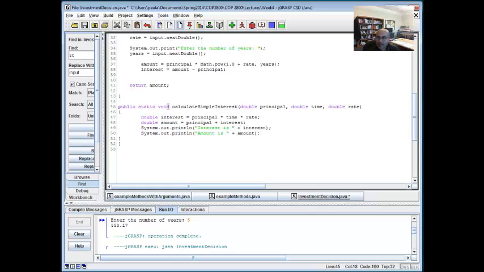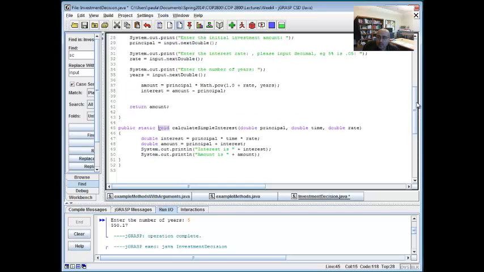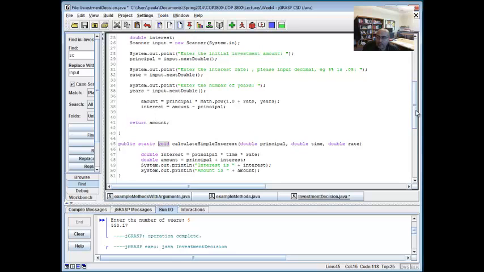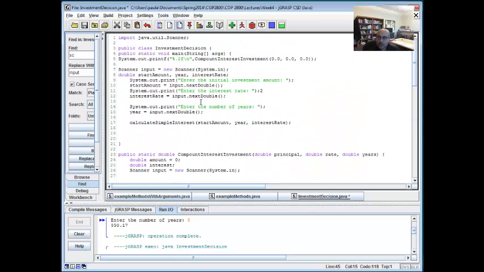Now remember that this one is a void, so I'm not returning anything at the end, whereas in the previous program, I was returning a value. So let me show you how that works. Okay, so this is going to be compound interest initial. Let's say System.out, I don't want to put in investment. Let's enter the initial loan